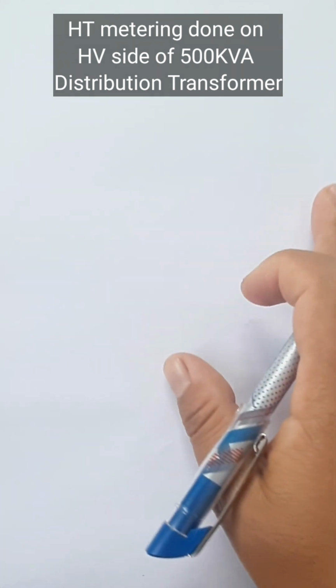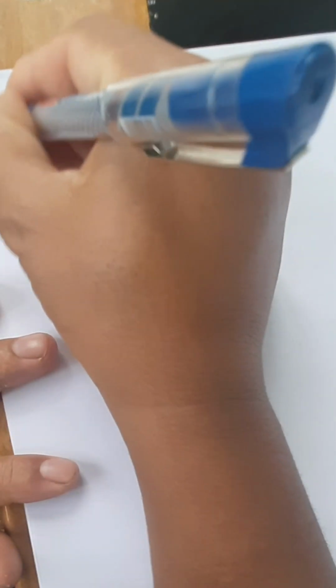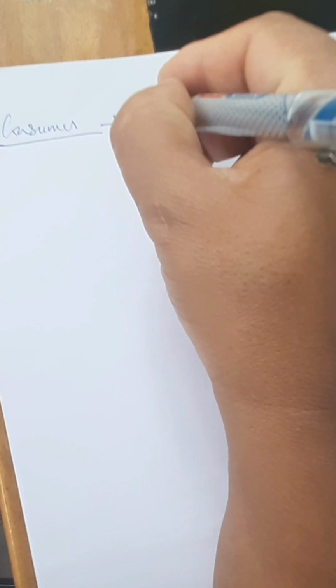Good morning, hello everyone. Since we discussed HT metering, now we will discuss it in a little more detail. There is one particular consumer, and this consumer is applying for a connected load of around 185